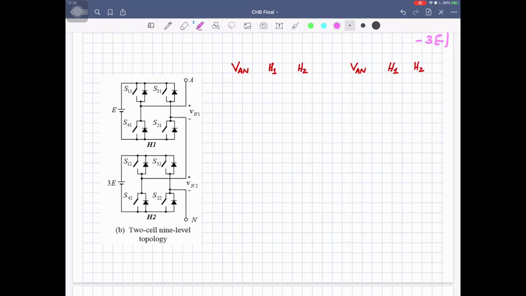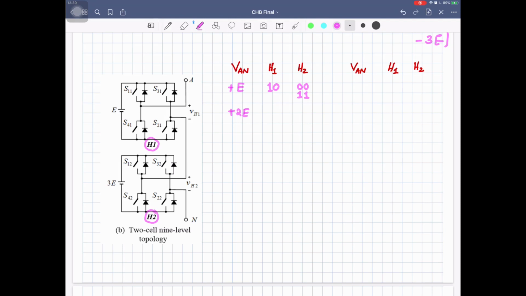If I say I am going to take E and 3E, so what can I get? I want to get, let's suppose, E volt as an output voltage. So for H bridge inverter 1, H1, let's suppose I am going to apply 10 to this inverter, so I will get E. So at that time I can keep H2, H bridge inverter 2, off, because when it is turned on it will give me 3E. So if I keep it off either by 00 or 11, I will get plus E at the output. Now to get plus 2E at the output, what can I do?